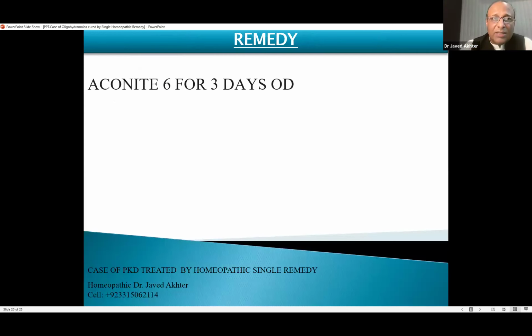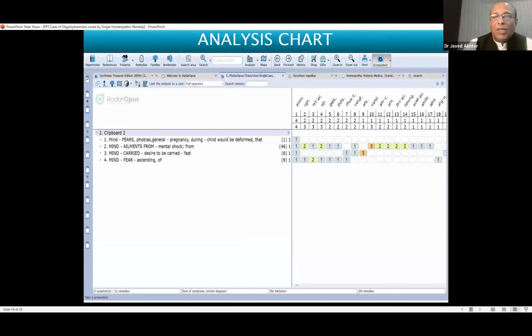And this concern shows what role this rubric plays over there. Actually, how does Aconite work over there? As you know, the crux of Aconite is fear of death and fear of deformity. This is the main crux of it. And if we remove the fear from the patient, then the problem is solved.